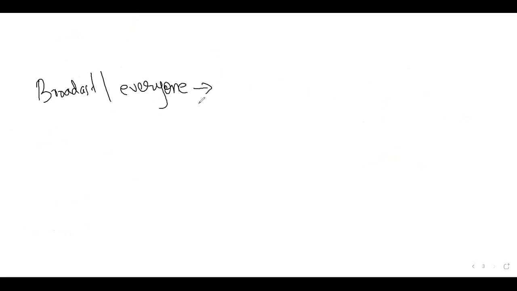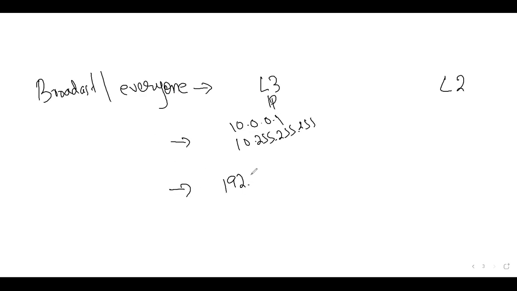In this broadcast, you will have layer 3 and layer 2. The layer 3 is IP, which means if your system IP is 10.0.0.1, the layer 3 broadcast is 10.255.255.255. As an example, if you have a system IP 192.168.10.1, which is class /24,